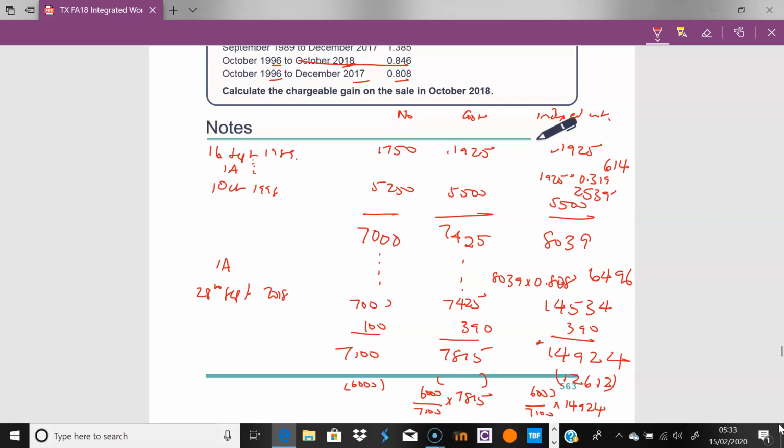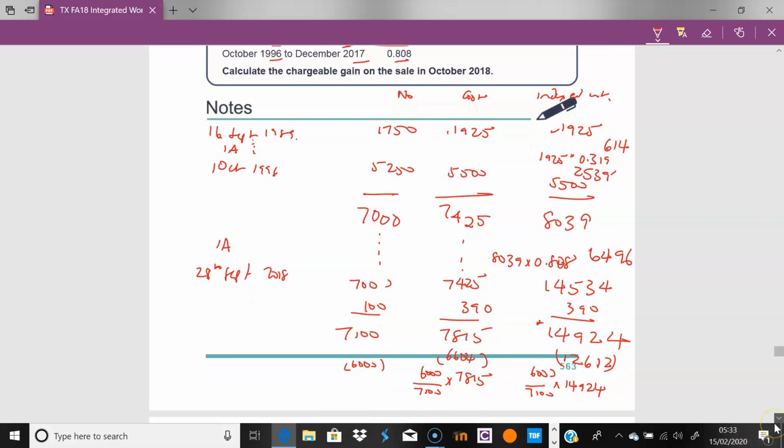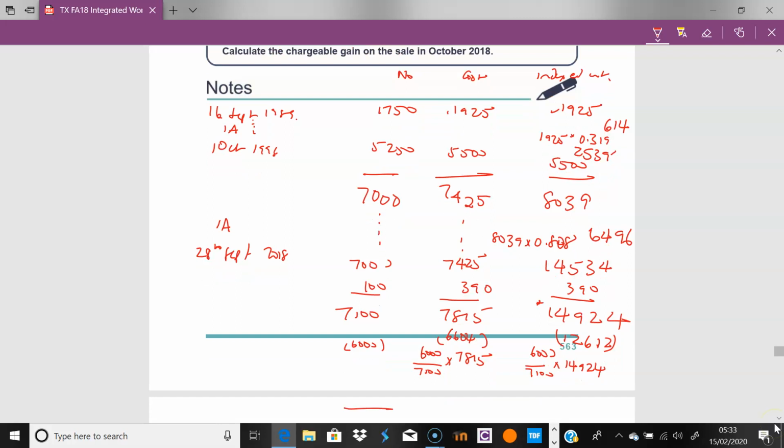which is 12612. And here I have 6,000 divided by 7,100 times 7,815, which is 6604. So just to complete my table, it means I have left shares 1100, and I have,